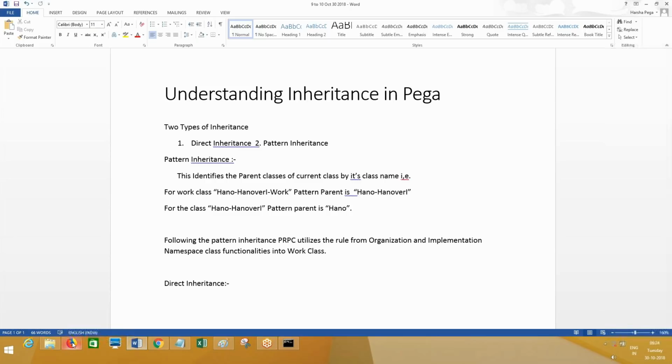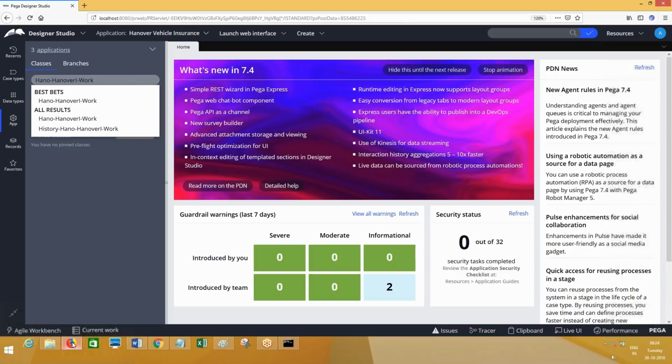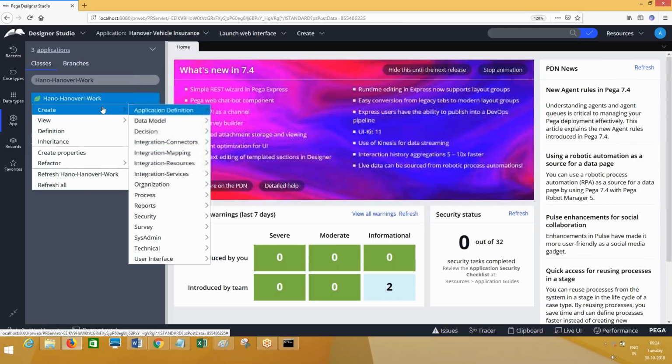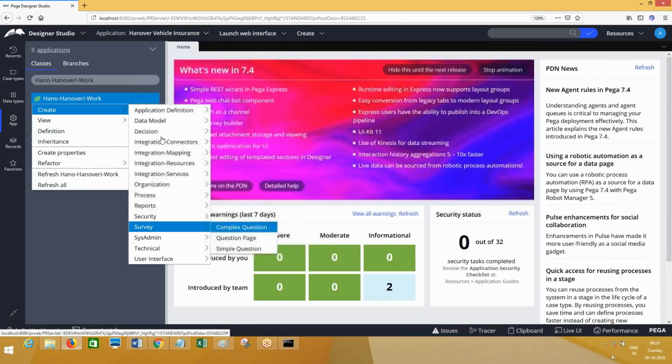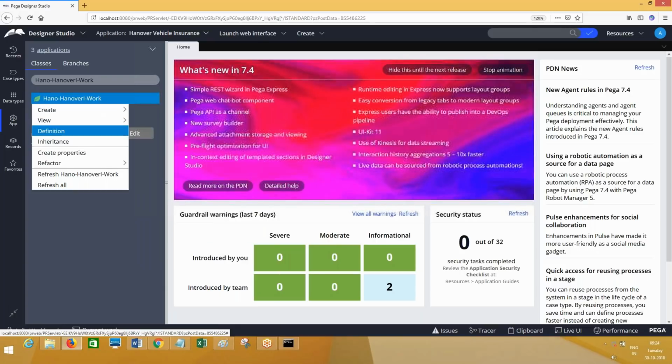Now, let me open the class rule form. Direct inheritance parent classes are mentioned in a drop down.